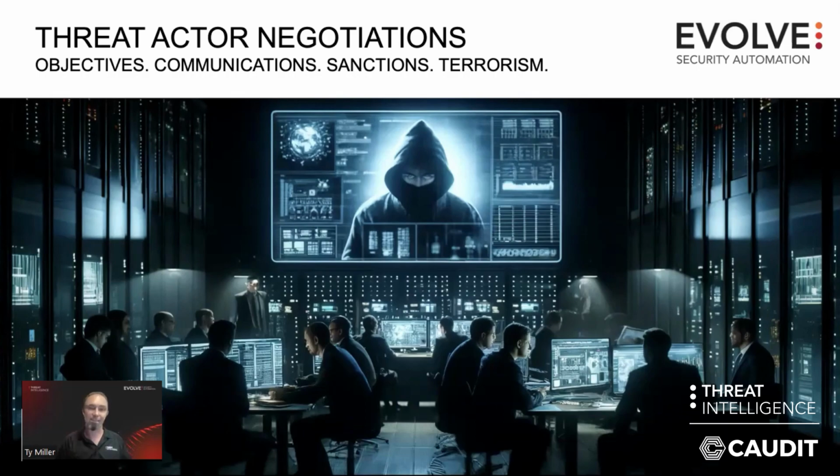The other objective is to gather intelligence from the threat actor about the security breach. So from an incident perspective, we want to gather the list of files or the list of systems they touched, or the exploit that they used, or the entry point, how they got in. And we can try and extract some of that information and negotiate it out of the threat actor. That feeds into the investigation so that we can target our efforts to kick them out and understand what's actually happened. The other reason we do that is for legal activities.